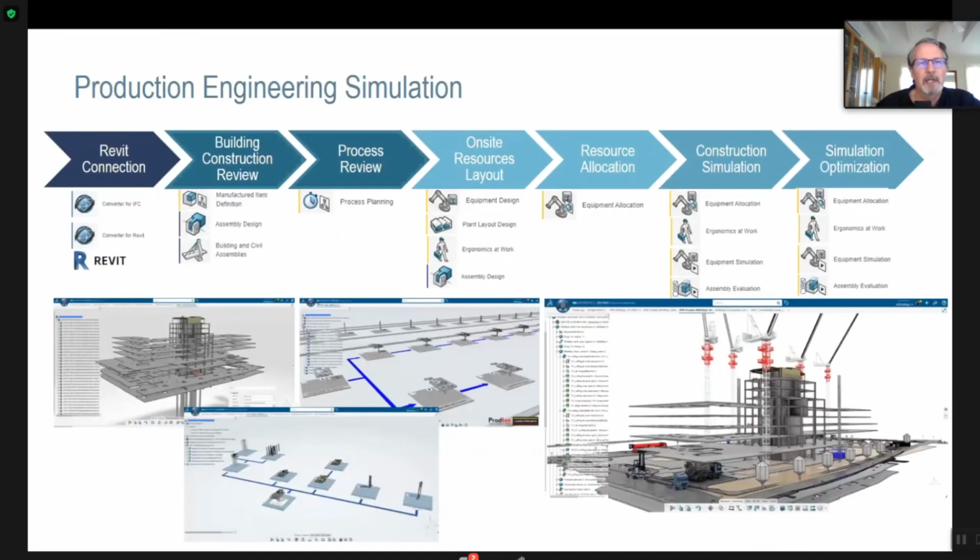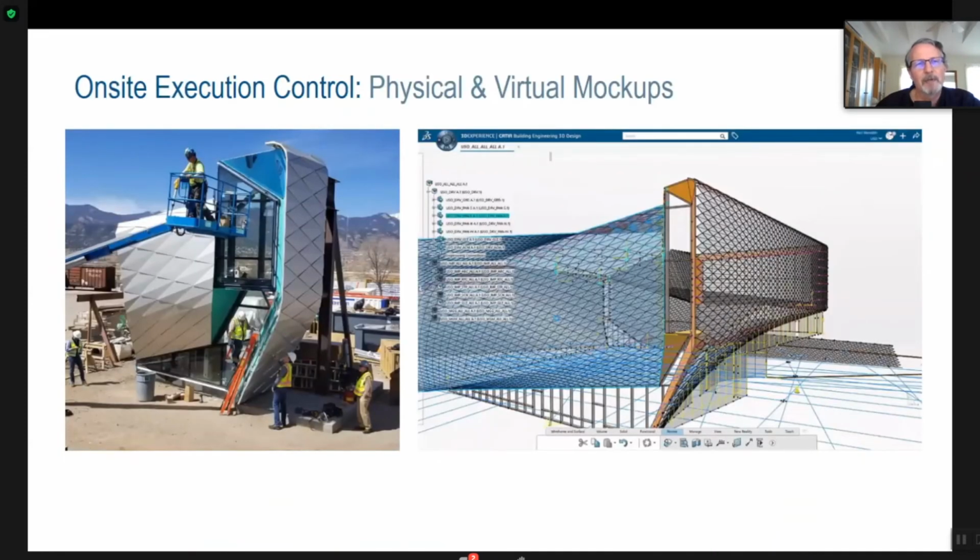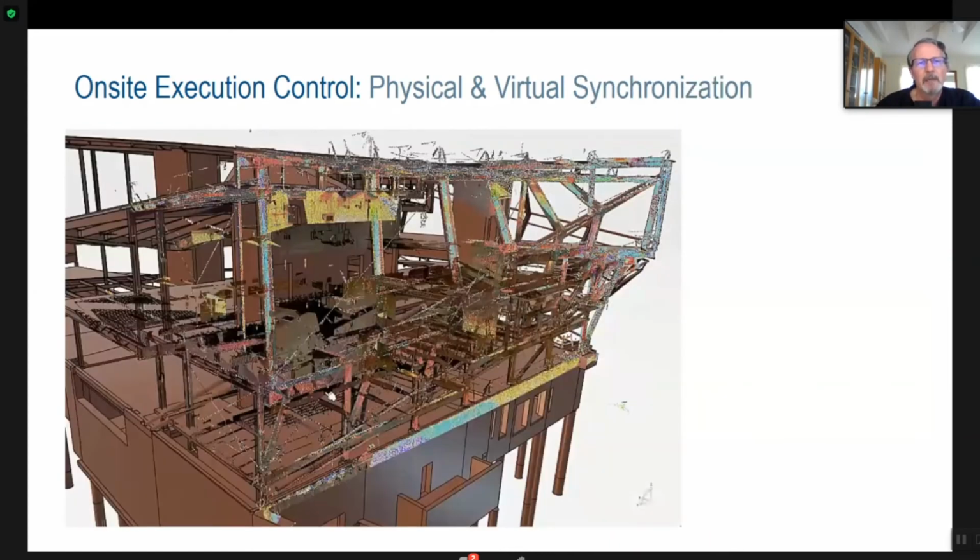Here's an example of a project in London. I can come back to it in Q&A if you want to get into it in detail. And so what this looks like is, here are 2 different examples. This is a U.S. Olympics project with McGrath doing the wall system. So we have a full-scale mock-up. We should continue to do that as a controlled sample. But we have a virtual mock-up that is parametric and can be adjusted as needs arise in the field. And then we laser scan the whole thing so we can see these diagonal braces and safety lines, but we can also see the placement of the steel and the facade elements as they go. So we know if there's an accumulated error that requires a change in manufacturing as materials arrive on site.